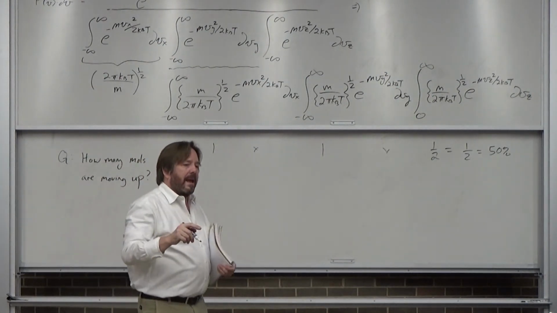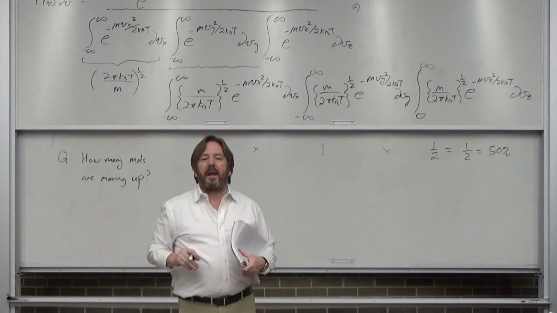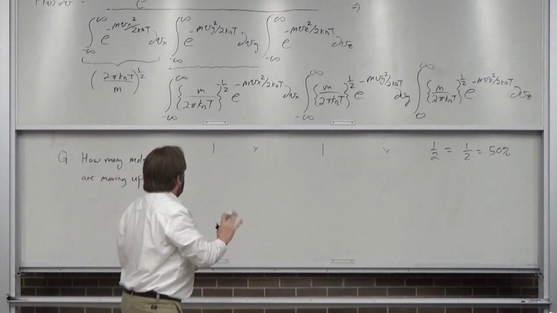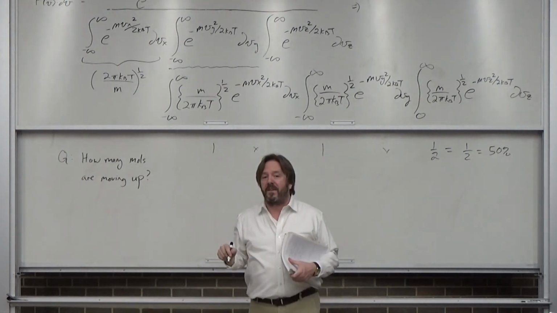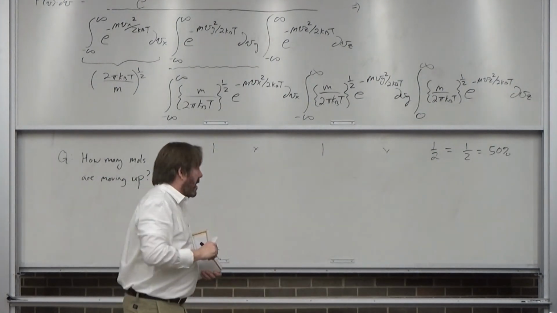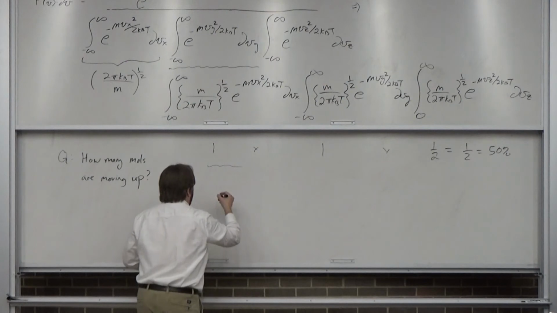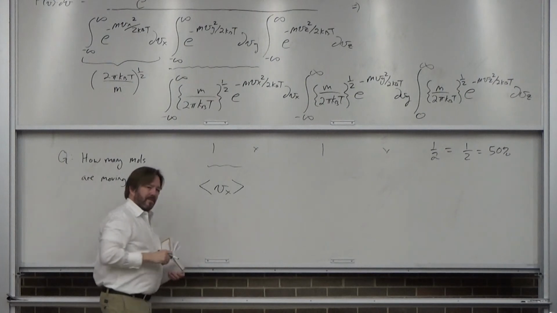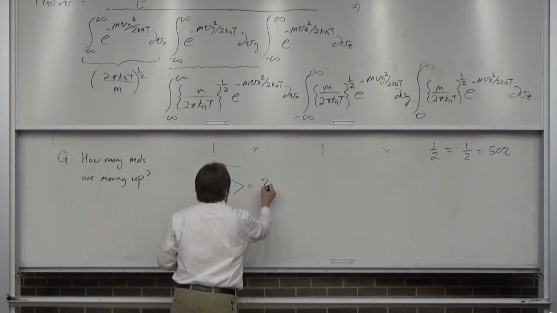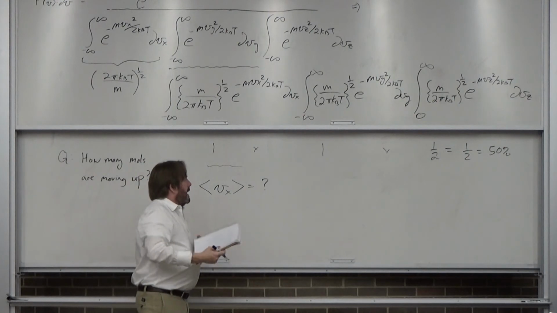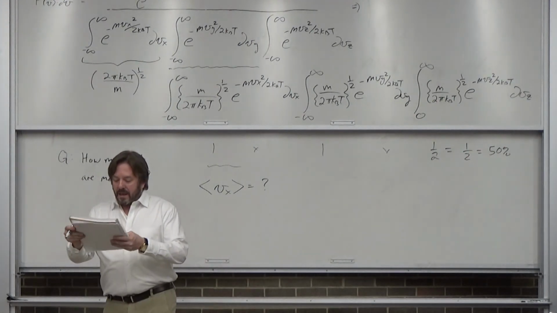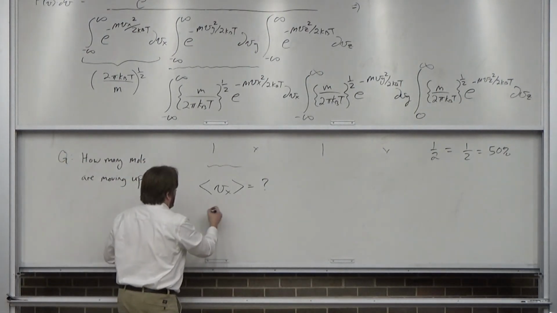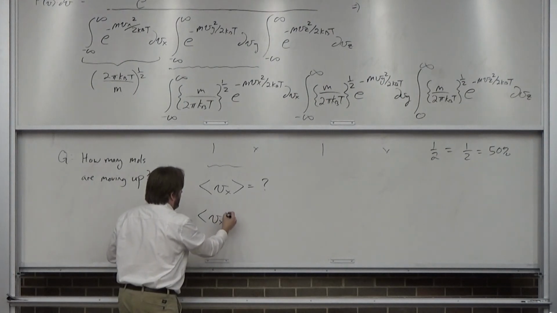Okay, now before I end, let me give you a challenge question. I'm not going to answer it. I'll actually do this on Friday. Now that you've got a handle on this, let me show you one other type of question I can do with Vx, Vy, Vz. Let me throw this at you and you see if you can figure it out. So this is not related, what is the average velocity in the x direction? What would that be? Okay. I think you can answer that question, but now let me do another one. Let's do the average velocity in the x direction